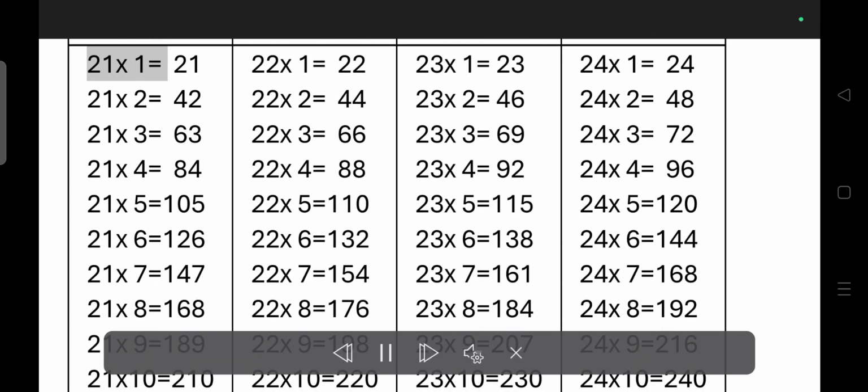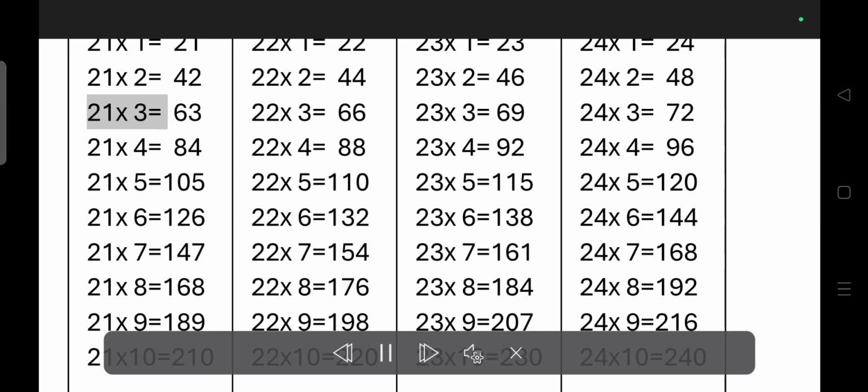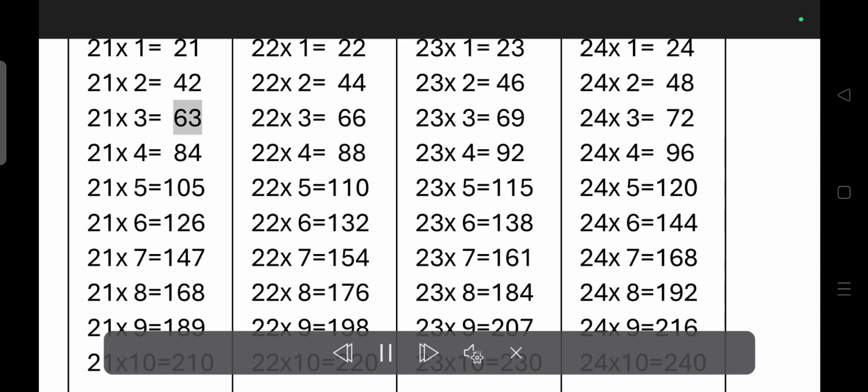21 times 1 is equal to 21. 21 times 2 is equal to 42. 21 times 3 is equal to 63. 21 times 4 is equal to 84. 21 times 5 is equal to